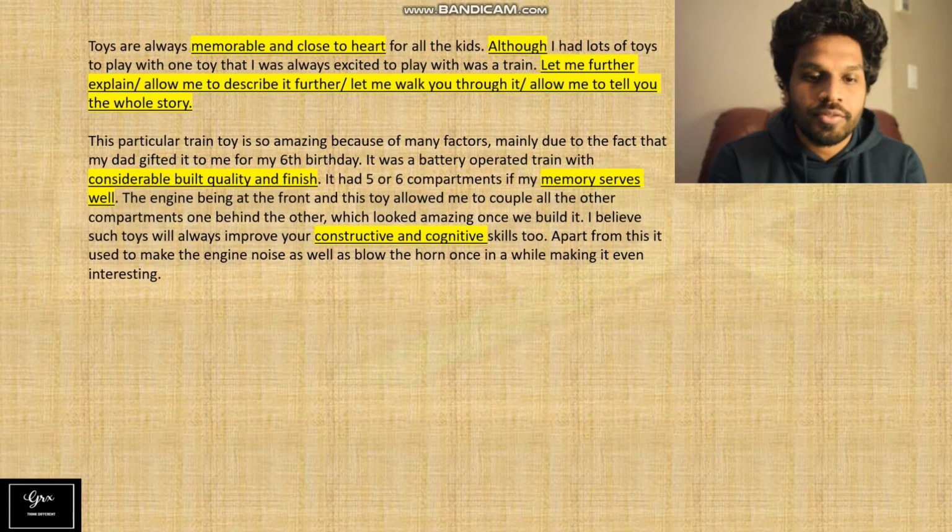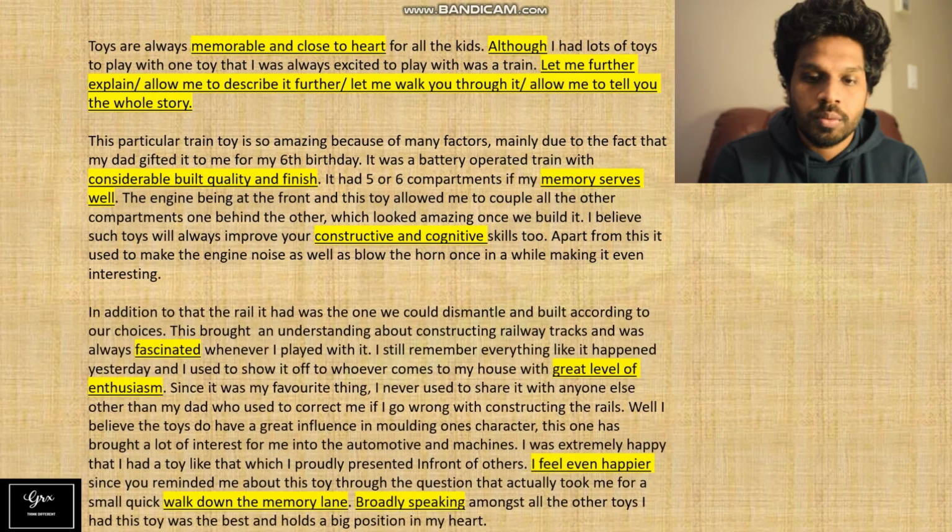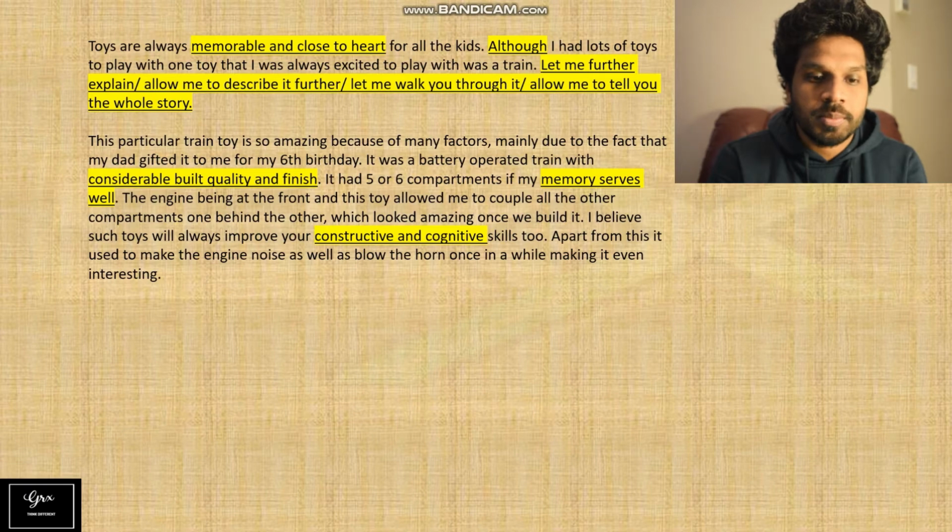the engine being at the front, this toy allowed me to couple all the other compartments one behind the other, which looked amazing once we built it. I believe such toys will always improve your constructive and cognitive skills too. Apart from this, it used to make the engine noise as well as blow the horn once in a while,